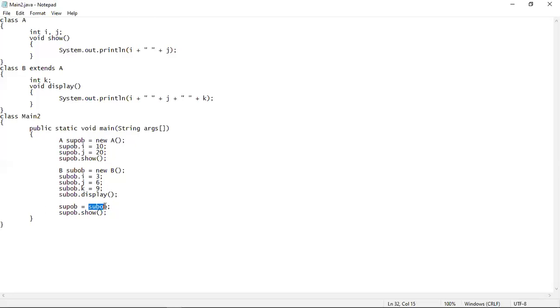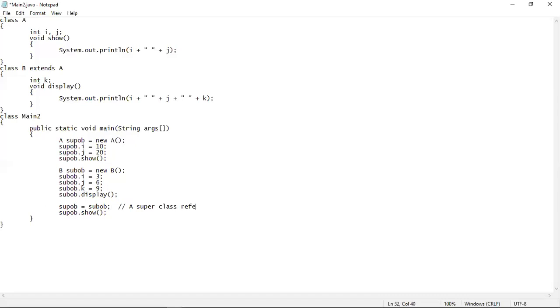That means the subclass object that is being pointed to by the sub ob reference variable, which is the subclass reference variable, is being stored into the superclass reference variable sup ob. That means here lies the concept: a superclass reference variable can hold a subclass object. Let me write it down once again.